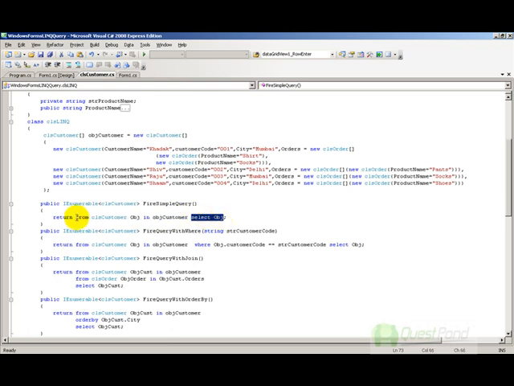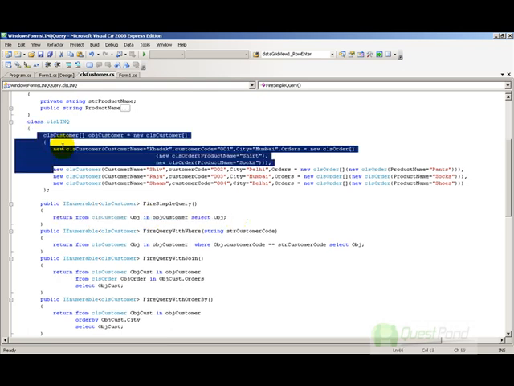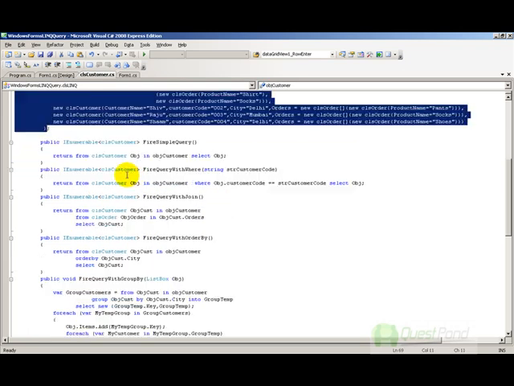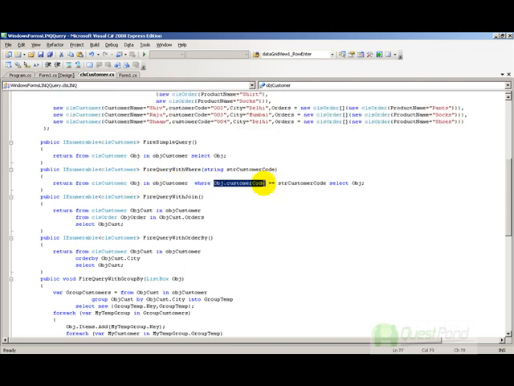So you can see that this will return all the customers and the orders which you have filled here in the LINQ class. In the same way, if, suppose, you want to fire a query with a where clause, then you need to just provide the where keyword with the appropriate data. If you want to do a join using LINQ, then you need to provide both the collections, that is the customer object and the orders.